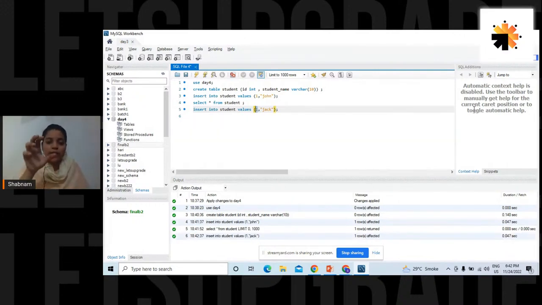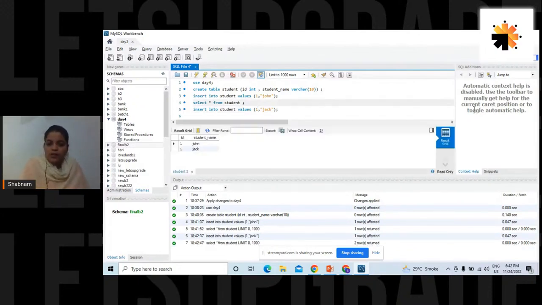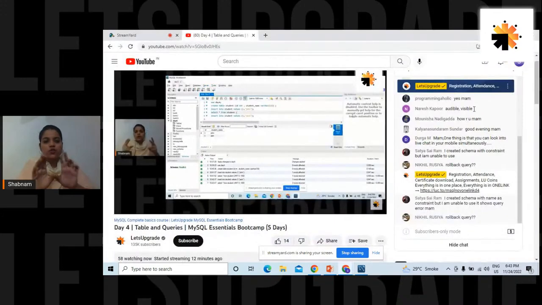See, this is going to be a very big problem. Unfortunately, the data got accepted. Now, if you run the table, there are two students, but both the students are sharing the same ID. Are you getting it? Both the students are sharing the same ID. Practically speaking, this should be unfair. Is it right? No, two people cannot have the same ID.